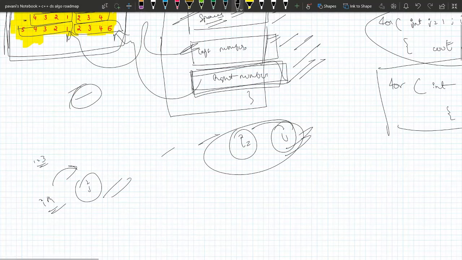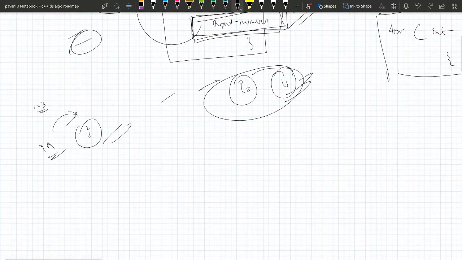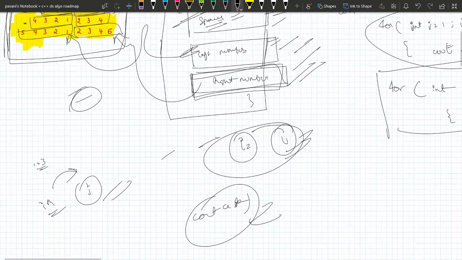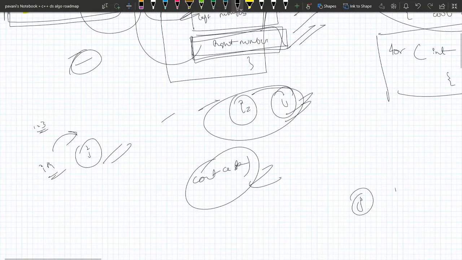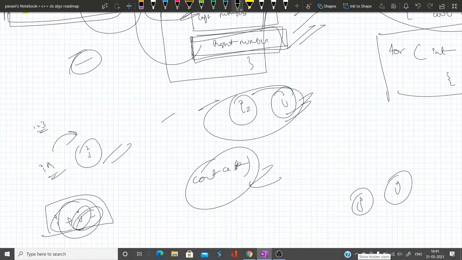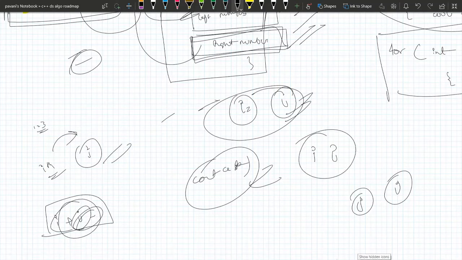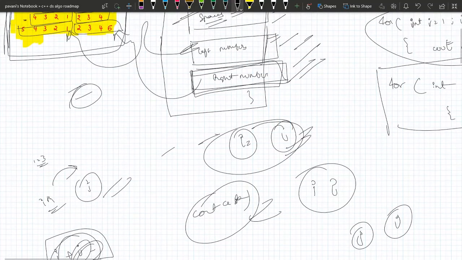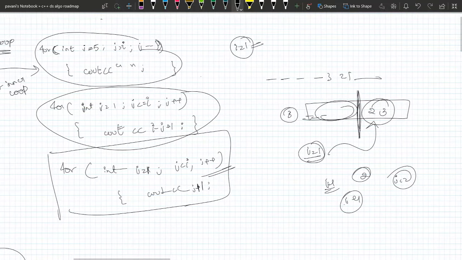And after that, if stars are given, then simply cout star. If numbers are given, you have to do simple mathematics: you have to relate j and i, use these numbers, use arithmetic operators like plus or minus, and use some 1 plus 1 or plus 2, whatever it is. You have to use i and j in that, then only you will get the exact numbers you wanted to print. Okay, here I have used i minus j plus 1.